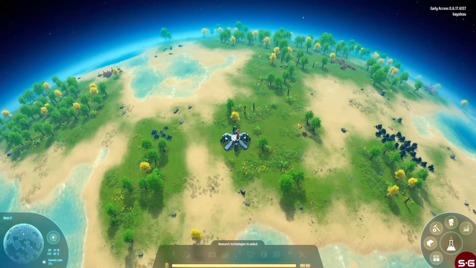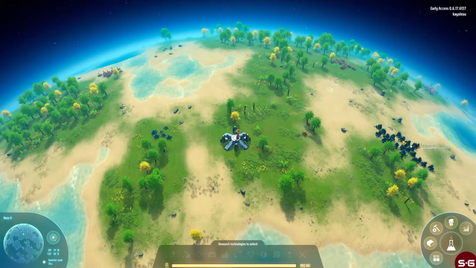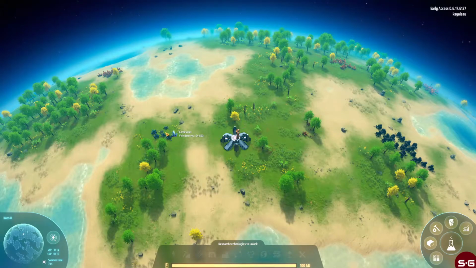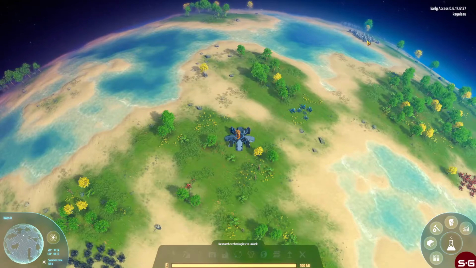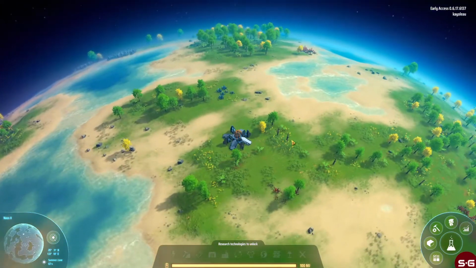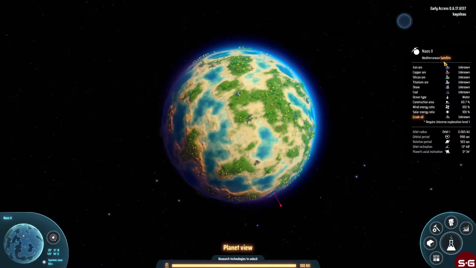We'll have your basic resources. Here's some copper, some coal, more copper and iron. There should also be some stone nearby. There we go. These are your basic components on the first planet. You can see here. Go away. You will also find some titanium and silicone